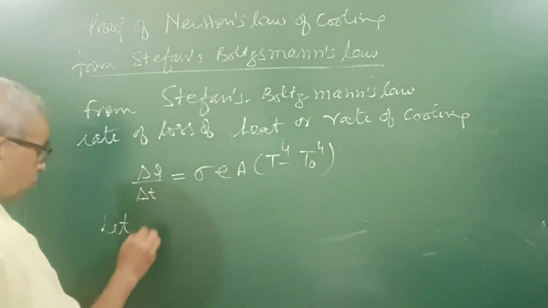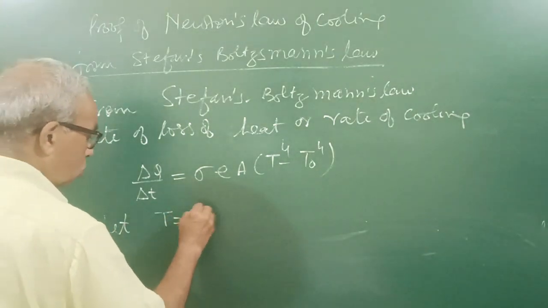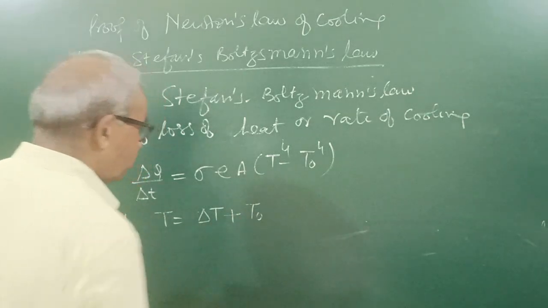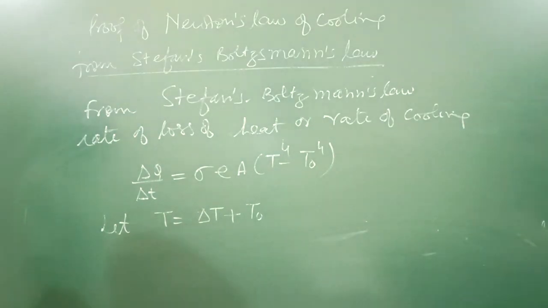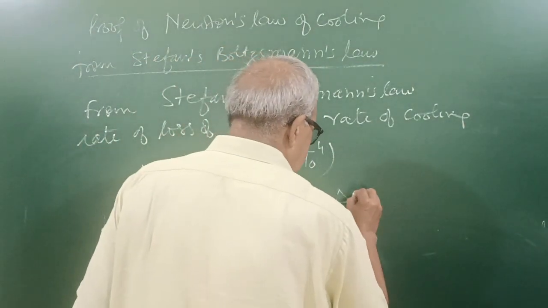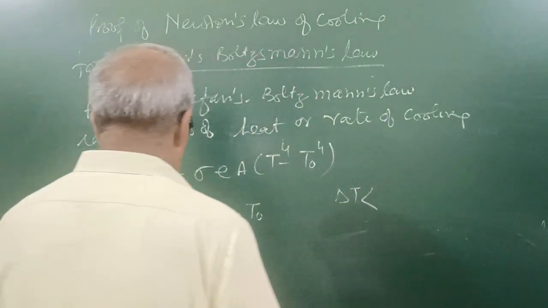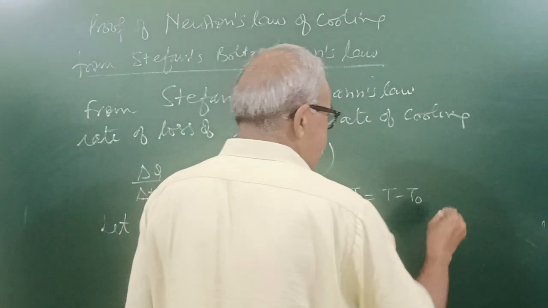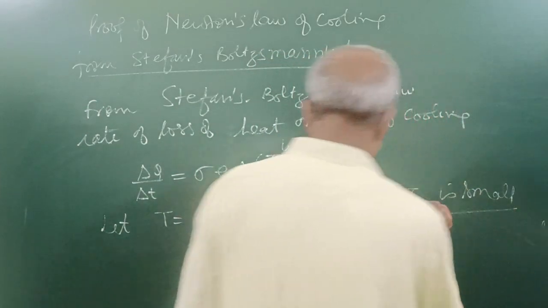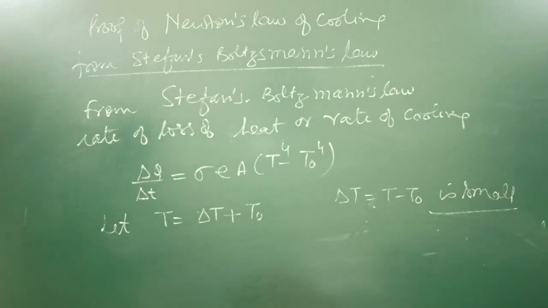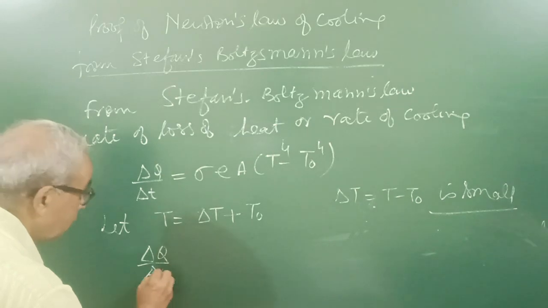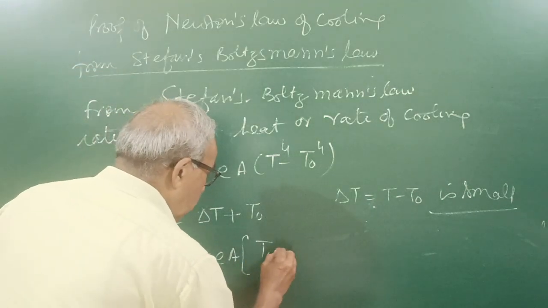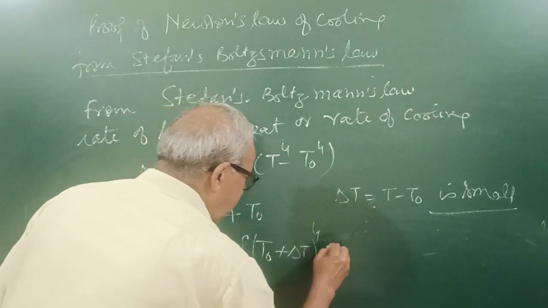Now let T equal to delta T plus T0, meaning delta T equal to T minus T0 is the temperature difference, and it is small. With this condition, we can write delta Q upon delta t equal to sigma E A [(T0 plus delta T) to the power 4 minus T0 to the power 4],